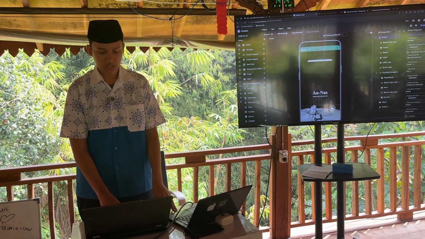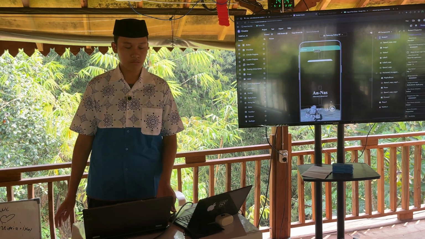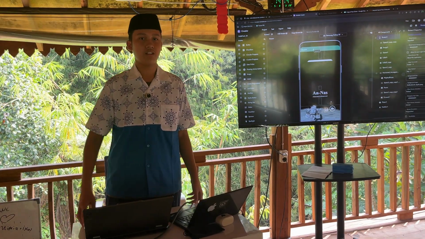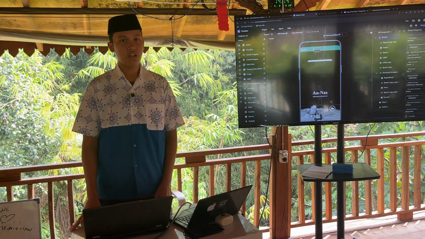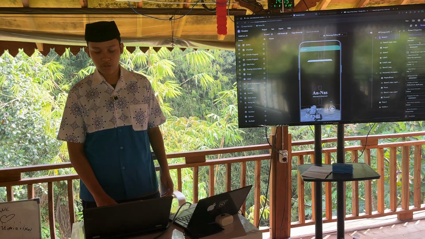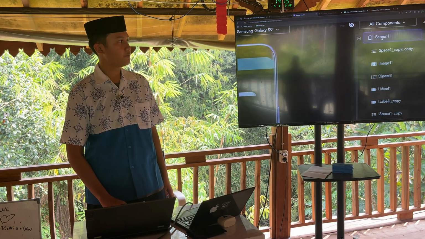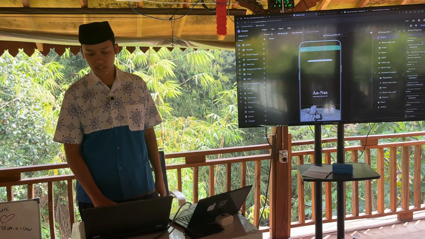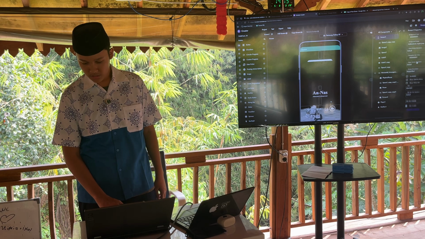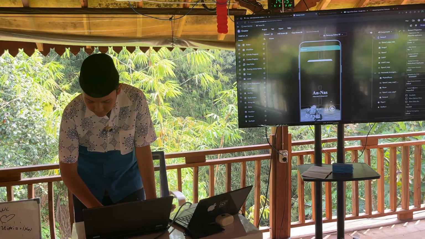So the first, how do I make this Islamify in here? If you just make a new project, its name is not Islamify, but Screen One, because it's just a normal template. And then how do I change it to Islamify? You just go to the Screen One in here, in components, and then you can see the properties, and then just scroll down until you see, yeah, this one, title.